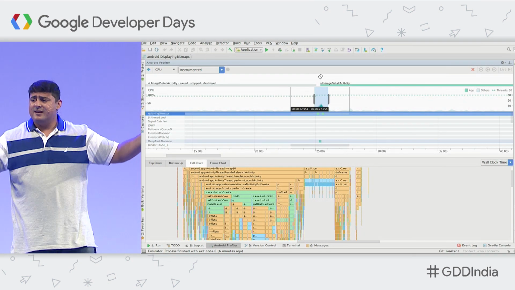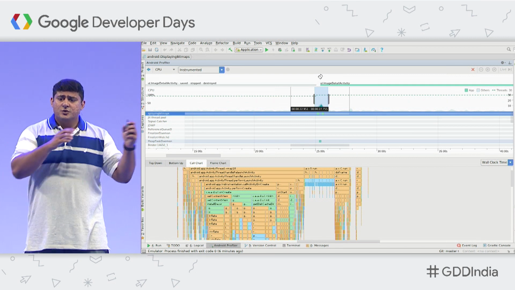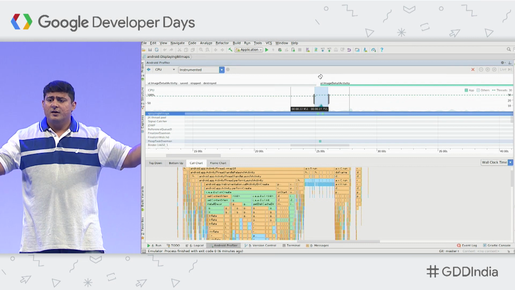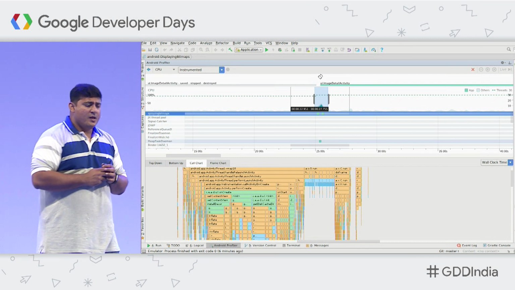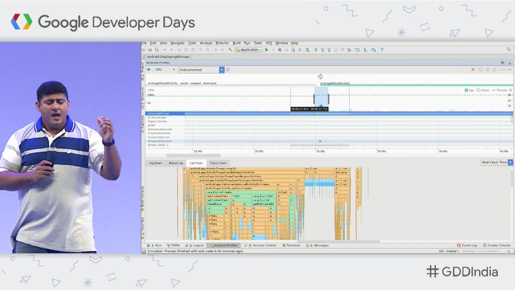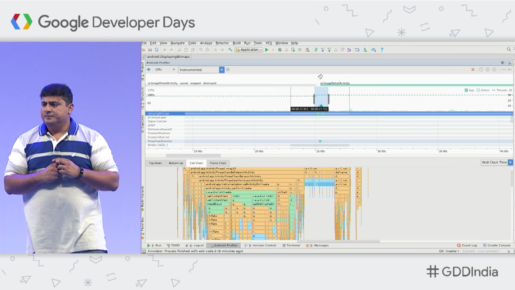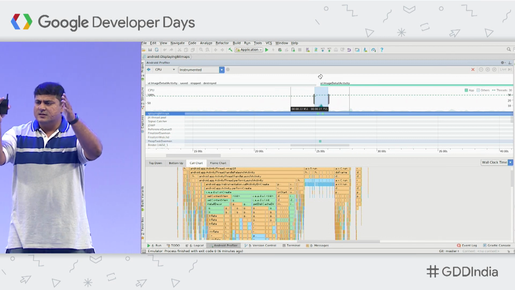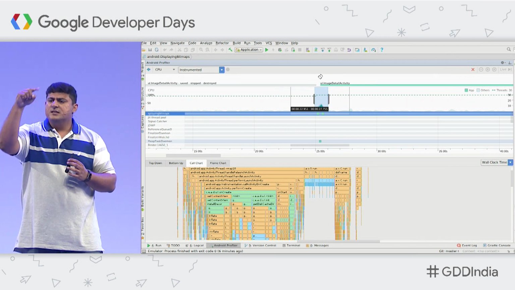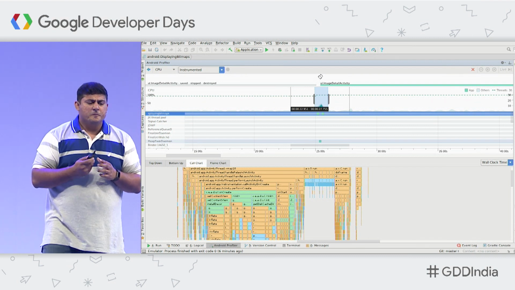Even though I'm showing static images here, these are continuous timelines that you can actually take. So this is a timeline that got captured, and then I've loaded that data in here. If you look at the bottom, you have the call chart, and at the top, you have the timeline and the threads and their states. Let's go a little deeper. I'm selecting a certain section of the timeline where I see a CPU spike, and then we want to analyze that a little better here.